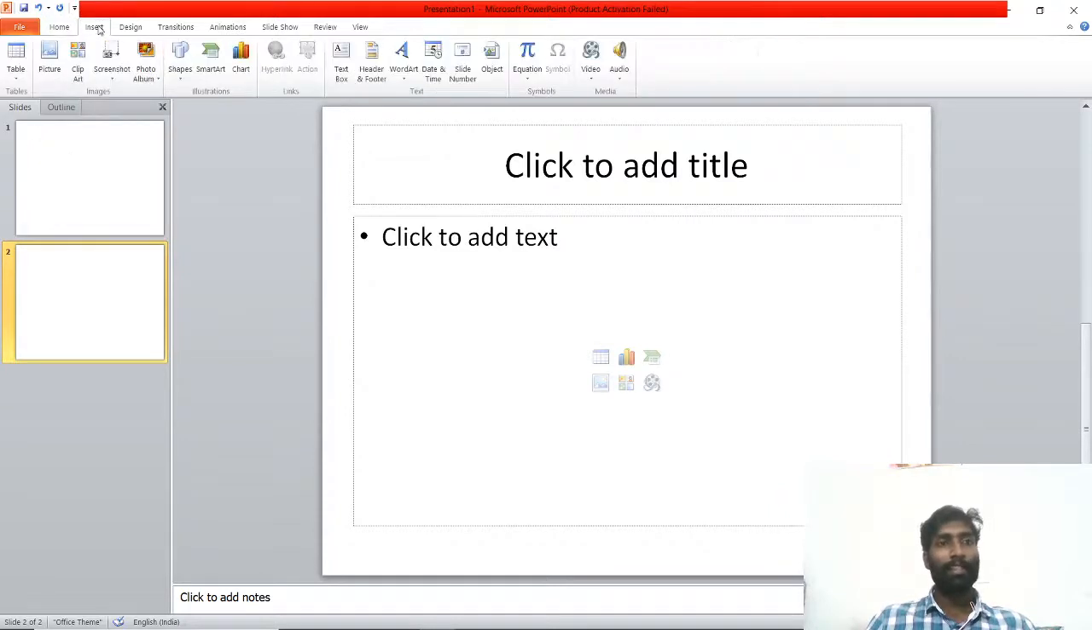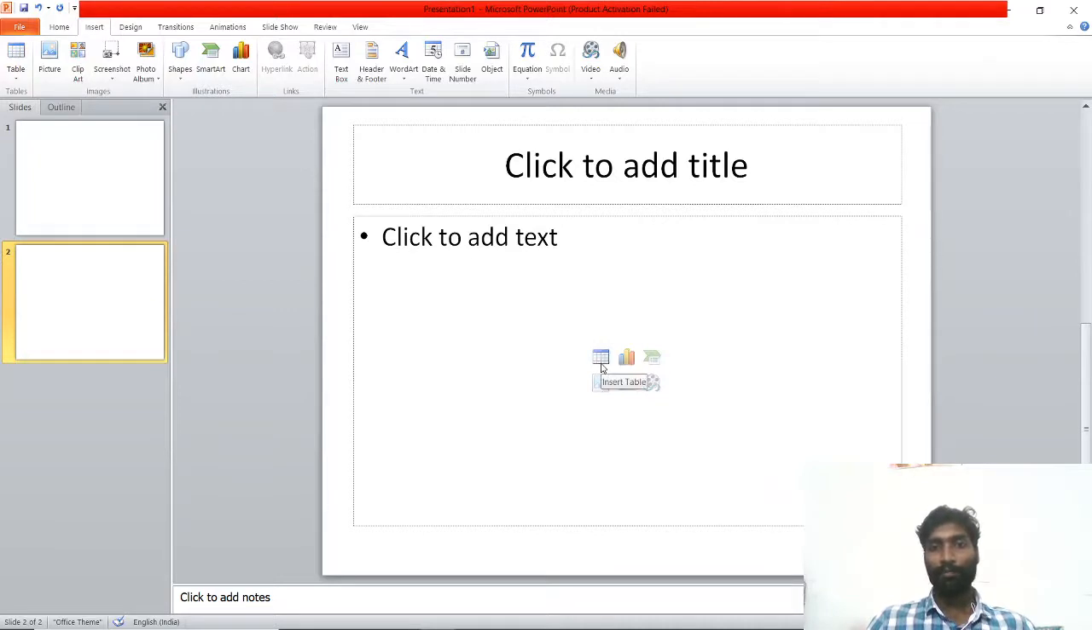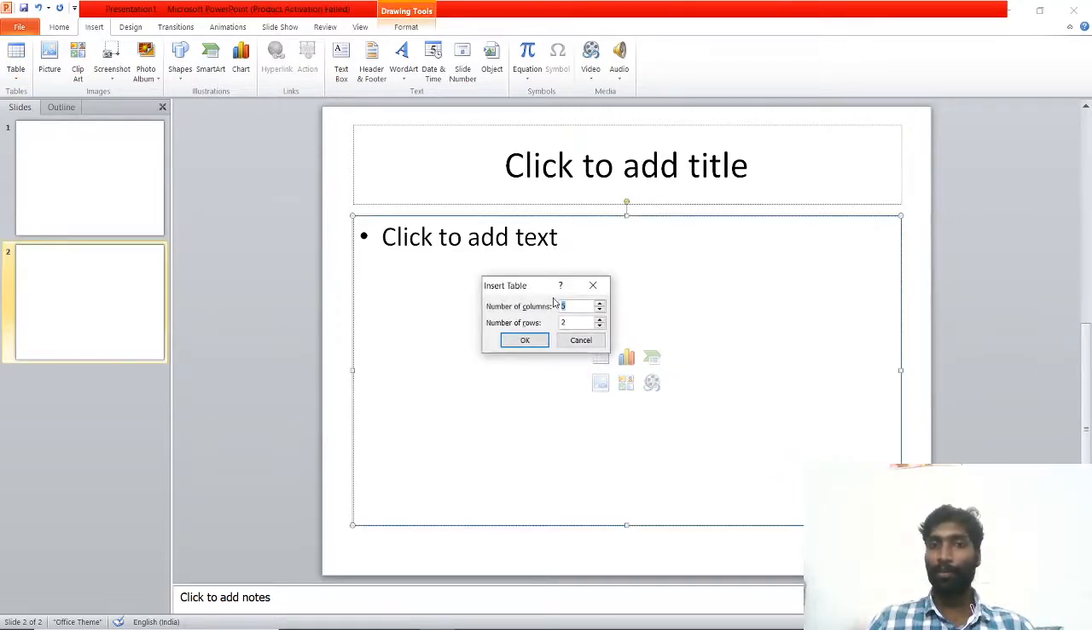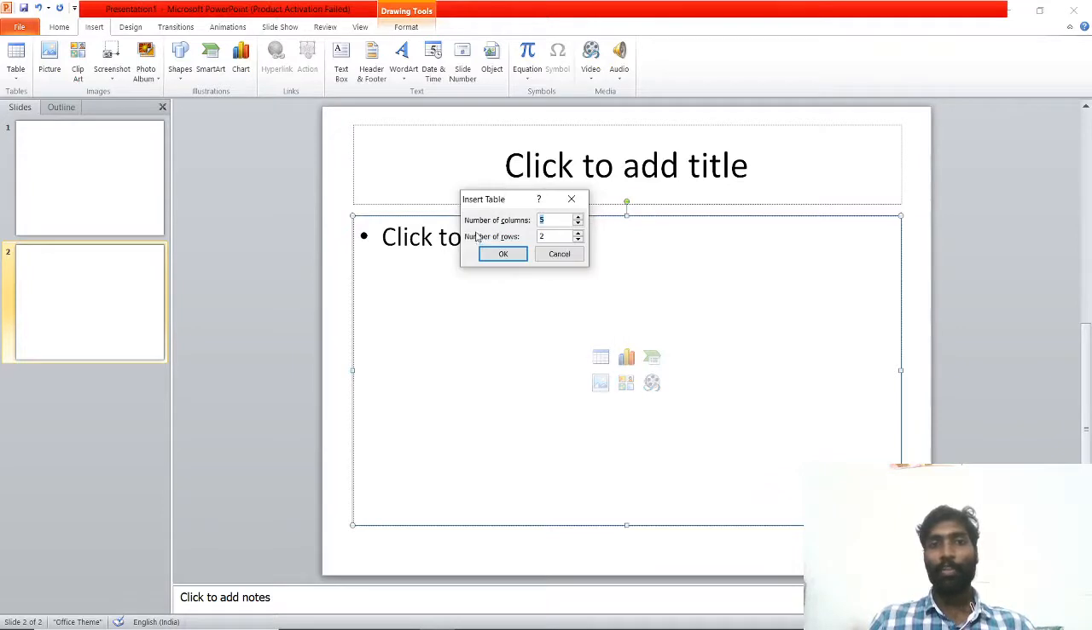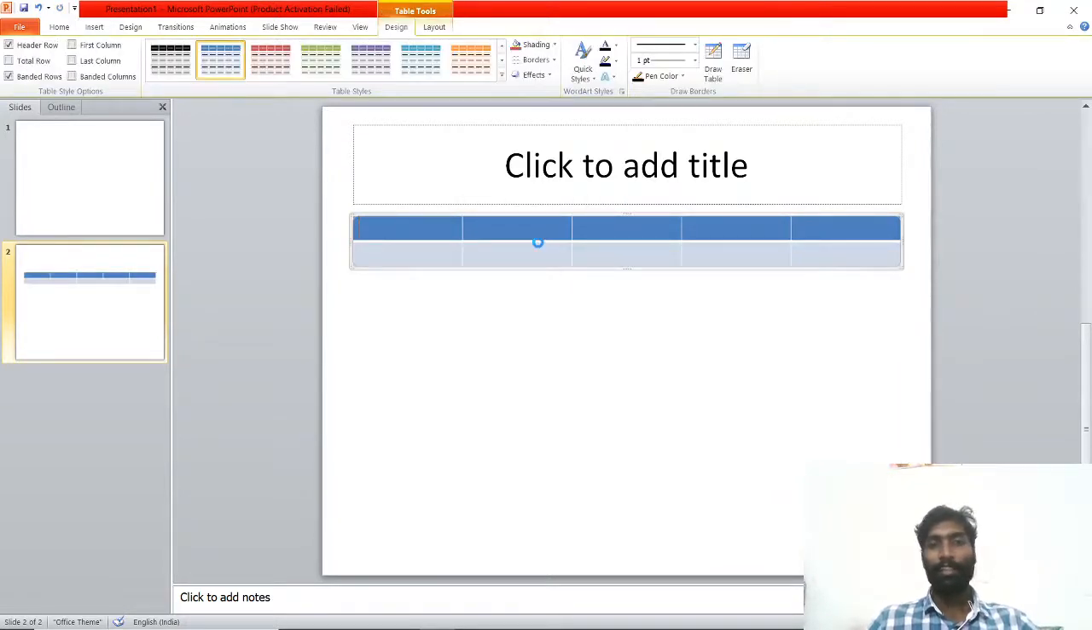In the Insert tab, on the left side, we can see Table. This is one option, or else here is Insert Table. We can select any one option. If I want to use this one, here it is showing number of columns, number of rows. How many columns and rows we need, we can just enter. See, again I am saying